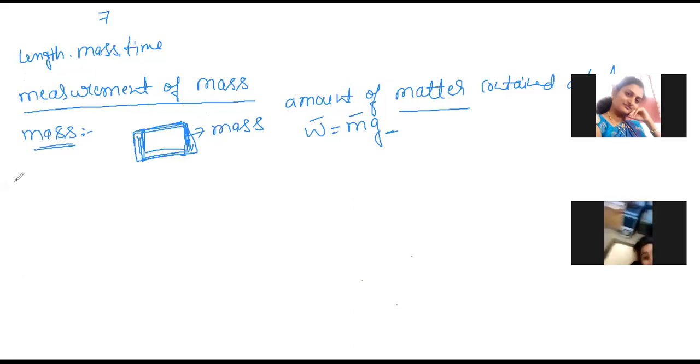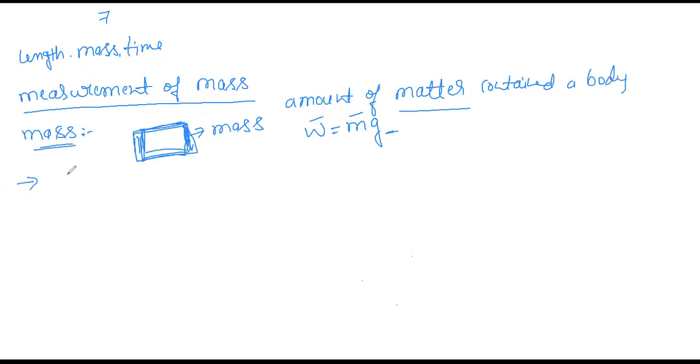Some of the note points are there. First one is mass is a constant quantity. Mass cannot be changed, it is conserved. We studied conservation laws in the first chapter: the total energy remains constant. Like that, mass is a constant quantity. It does not vary. Now suppose a body is at rest with mass m.